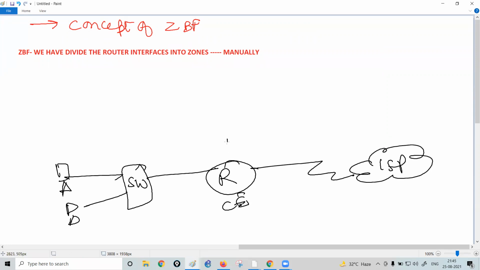Now you want this particular router to work similar to a firewall. So you can configure a feature like zone-based firewall. This zone-based firewall says that you have to divide the router interfaces into zones. That means you have to manually configure the zones on the router.